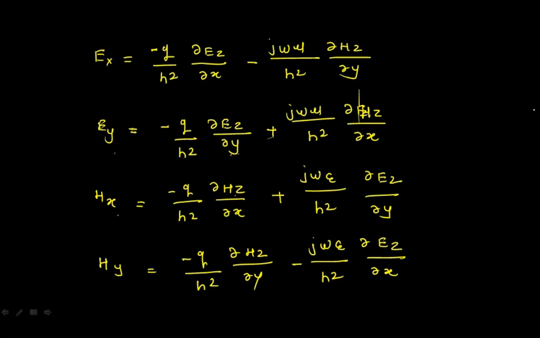So these equations give the general relation for field components within the waveguide. Okay, so what will be the electric field intensity in the x direction, y direction, something like that. So these equations we are going to use to analyze each and every mode. When I talk about the waveguide, I'm going to talk about only two modes, that is TE mode and TM mode. So you try to remember, you try to understand this equation. In the next session, probably we'll talk about the analysis of TE and TM mode based on these equations. So we'll stop here.